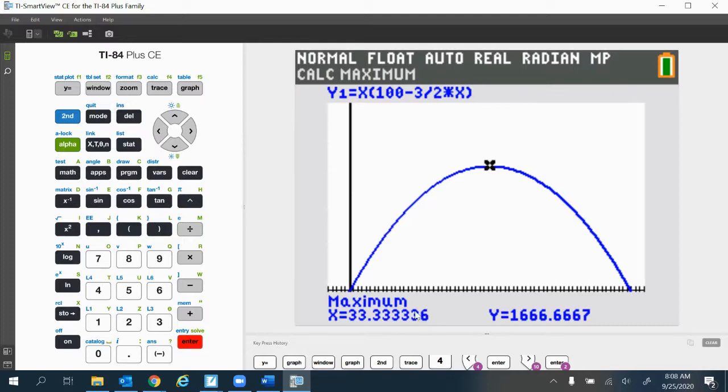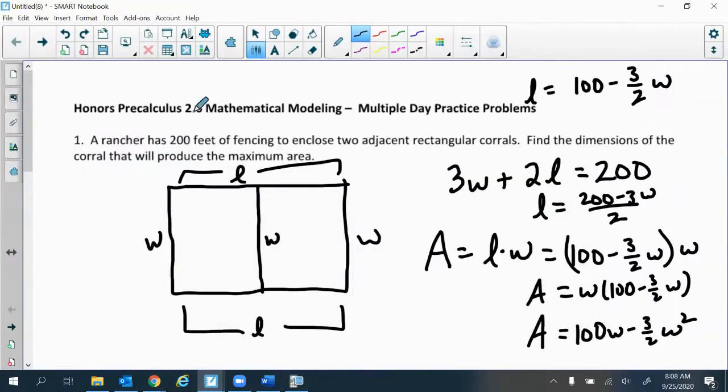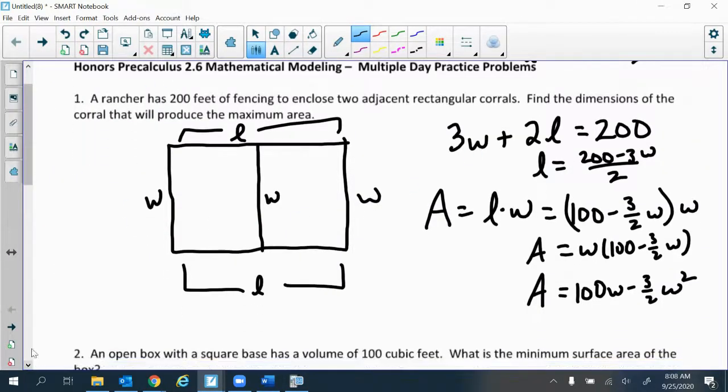Now there might be some slight rounding error when the calculator does it. Notice that this is 33 1/3 for my width, and then the maximum area is 1,666 2/3. So that will give me the information that I need. So my width is, what was it again? 33